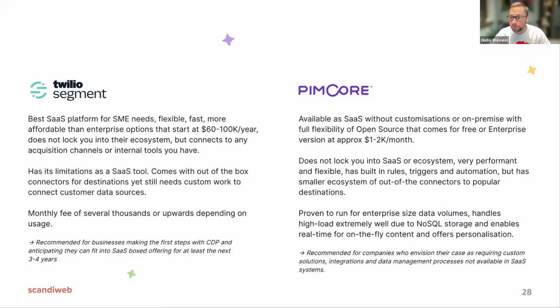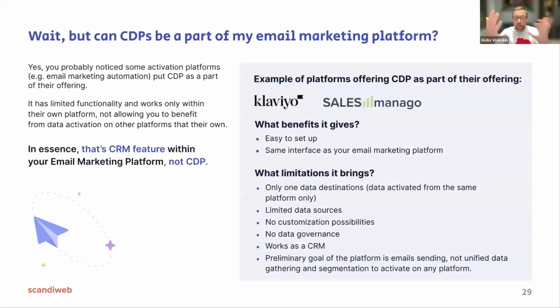And there is a 5th option. Maybe someone already figured out what it can be. If you're a marketer and you use, let's say, marketing automation and some other activation channels, you may frequently spot something in their messaging. For example, Klaviyo or Salesforce Marketing Cloud, you can go to their website and you will see they tell you, by the way, guys, we are a marketing automation platform, we send emails, we send SMS, but we're also a CDP. So what does it actually mean, how can they name themselves CDPs? In essence, it's more like a marketing message.